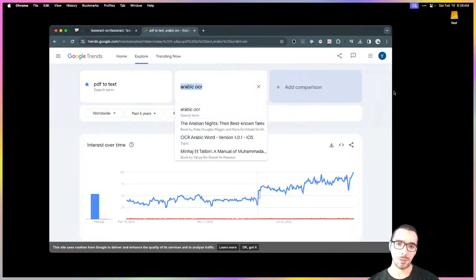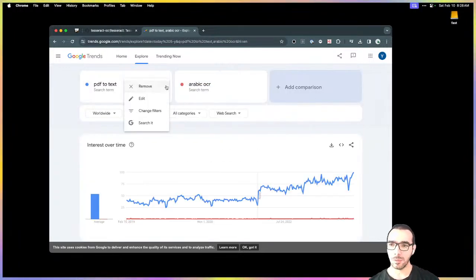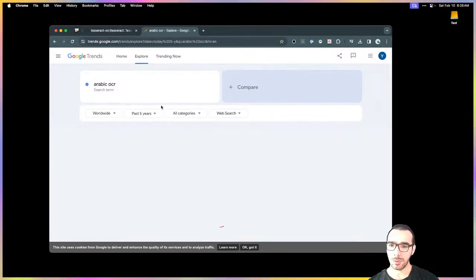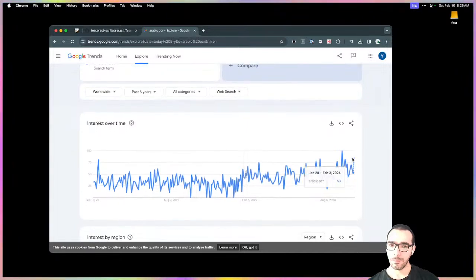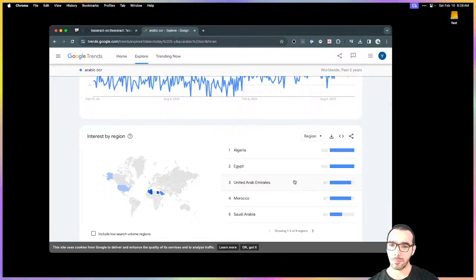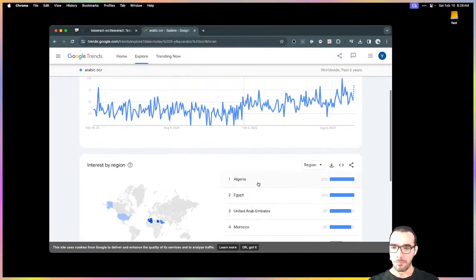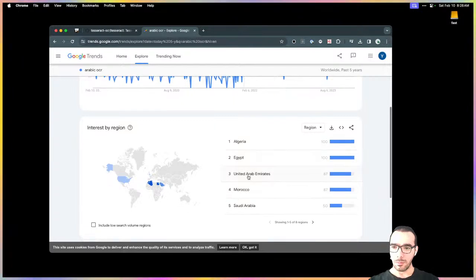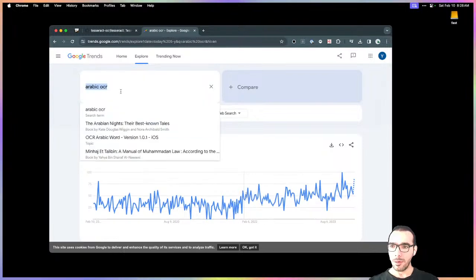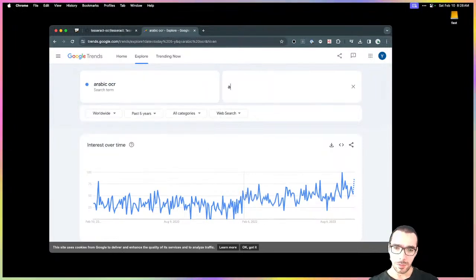I don't know if Arabic OCR would actually be a term. Maybe you could try PDF to text. Most interest is from Algeria, Egypt, UAE. Yeah, I don't know about, okay, UAE, Saudi, possibly. But what if it's not OCR? What if it's Arabic PDF to text?